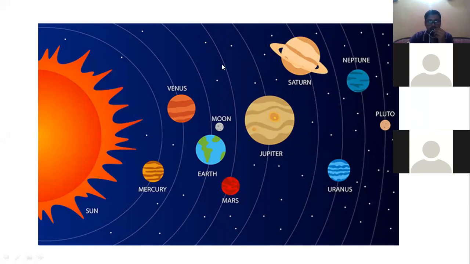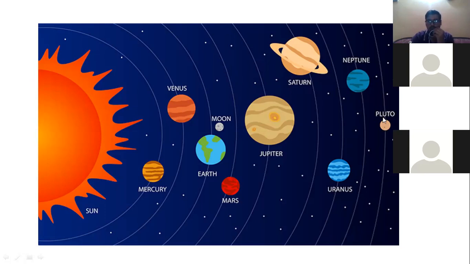If it does not revolve around this orbit, it will not be considered a planet. This is the statement initialized by the International Astronomical Union, the IAU, that a planet is to be considered when it is revolving around the orbit.